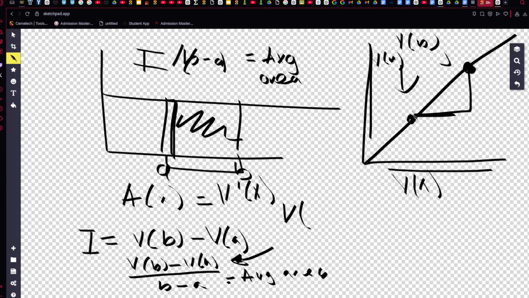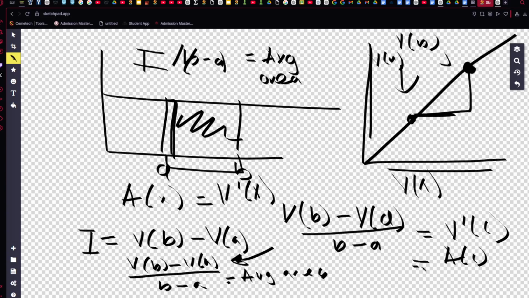for the slope, and the slope can be calculated here, which is going to be v of b minus v of a divided by b minus a, that's just the derivative definition, is equal to some point v prime of c. v prime of c is just acceleration, so a of c is equal to the average area, or is equal to the change in the velocity function. And because v of b minus v of a will simply be the integral divided by b minus a, it will be equal to some a of c,